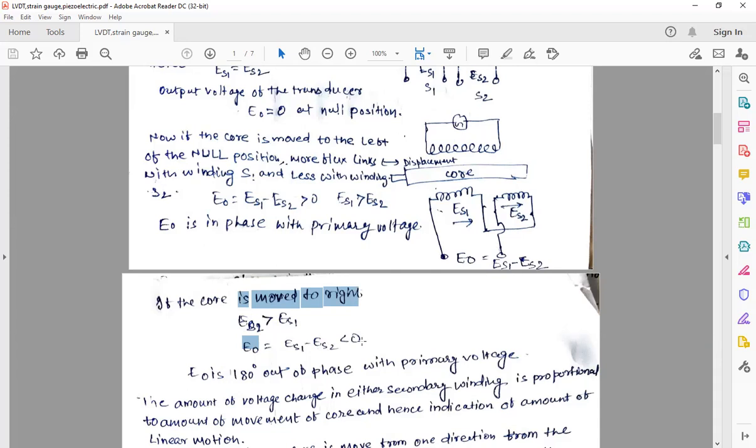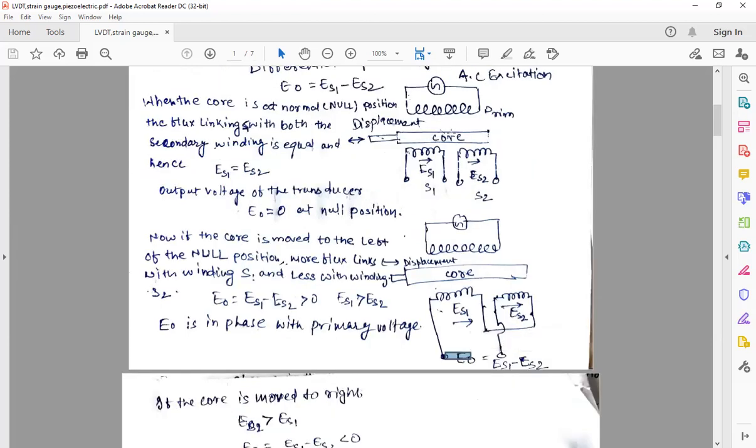If the transformer core moves from the null point to the right continuously, the output voltage increases due to the net. What is the net output voltage? If you apply a voltmeter, what happened in this case? Suppose at the null position there is 0 voltage. Can you measure a negative AC voltage? Is there such a thing as negative AC voltage? No, no. So what happened?